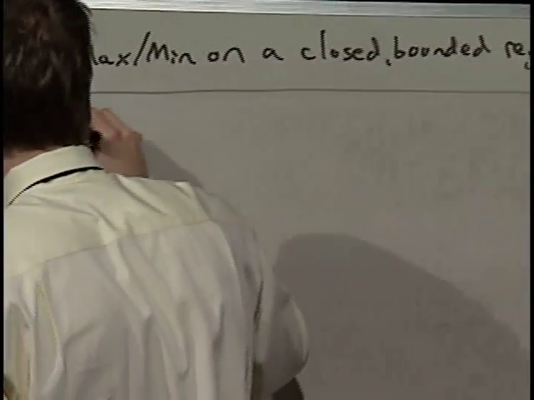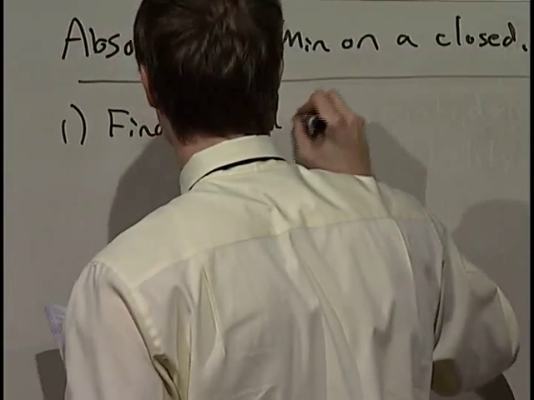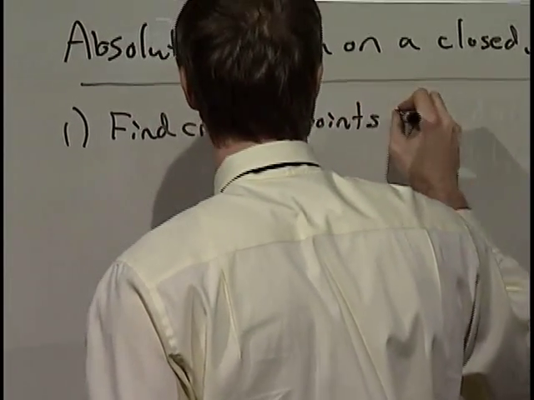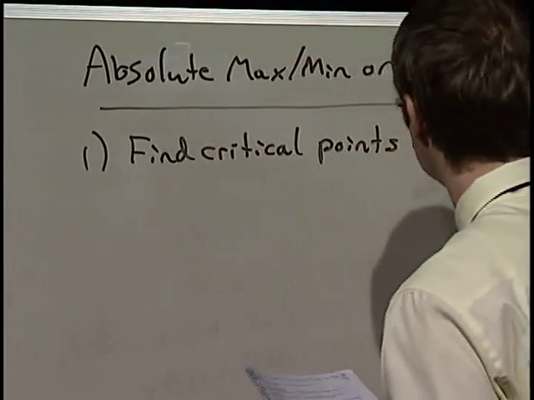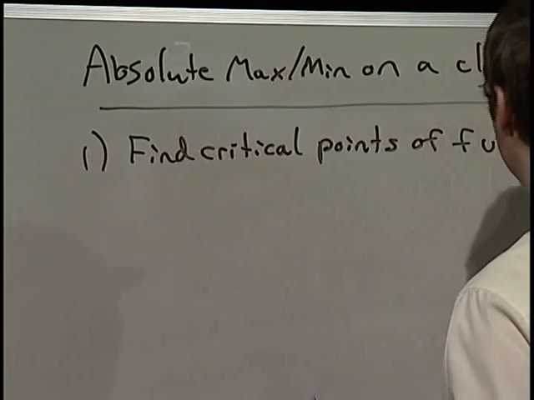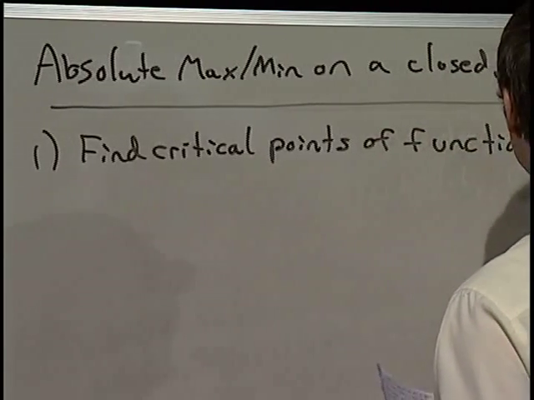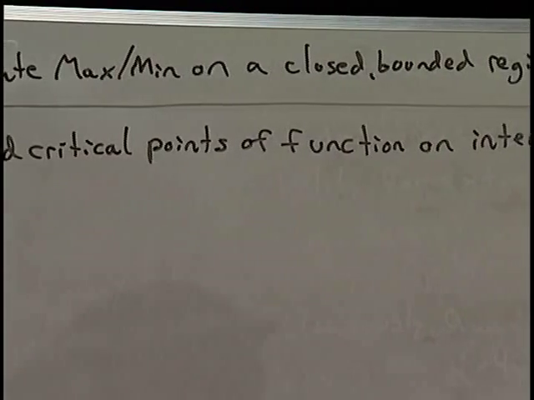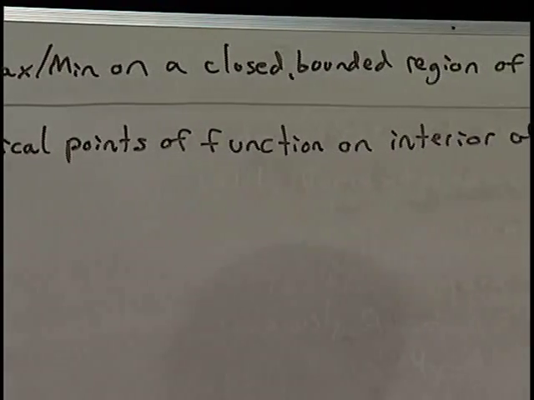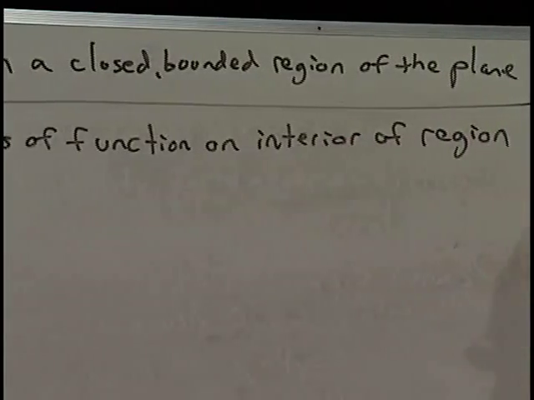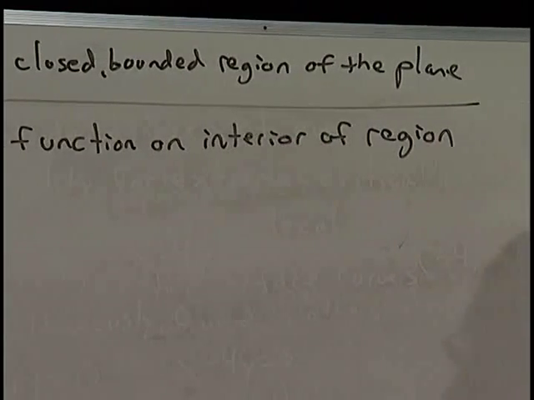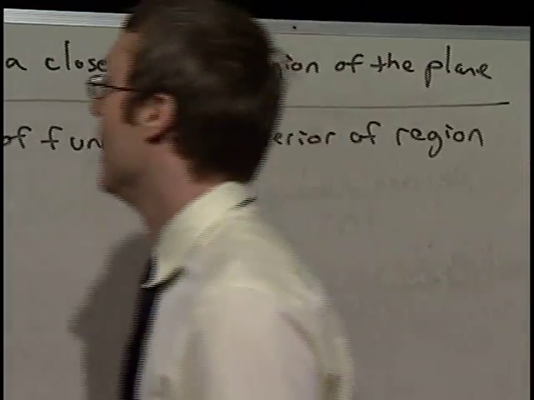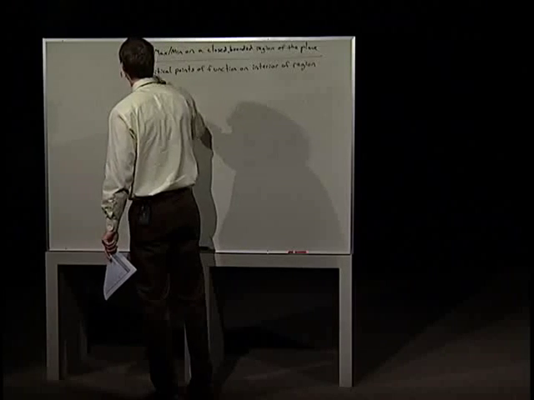Well, you find the critical points of the function on the interior of the region. Right? So these are possibilities for local extrema. They may not be local extrema. I don't know. Doesn't matter really, but you find them and then evaluate